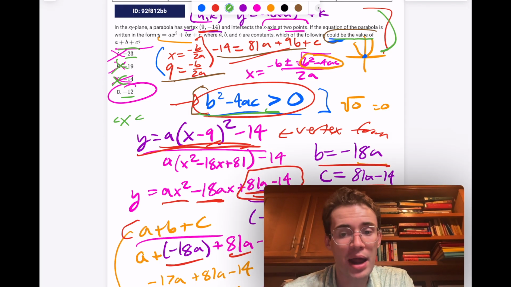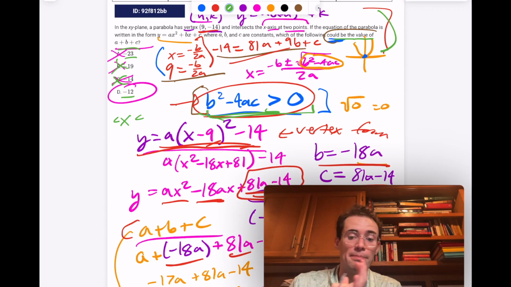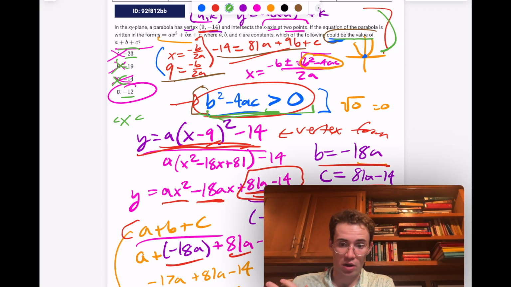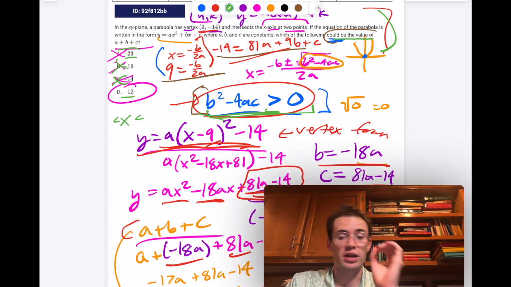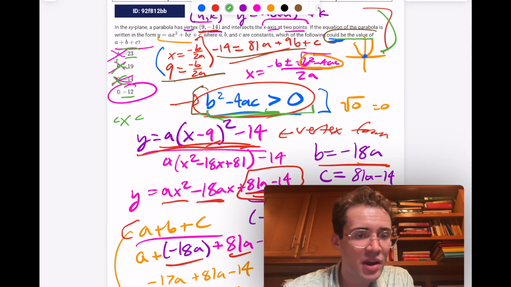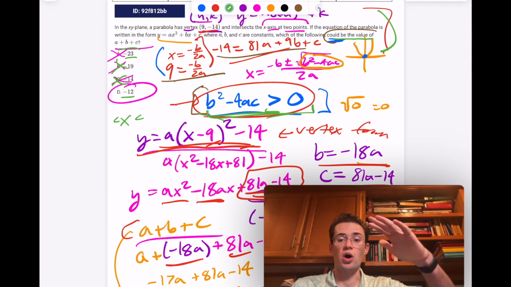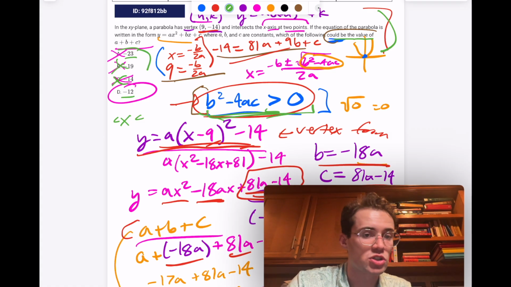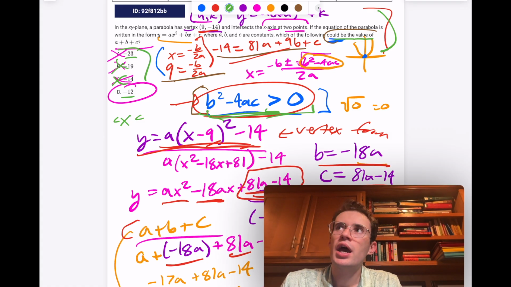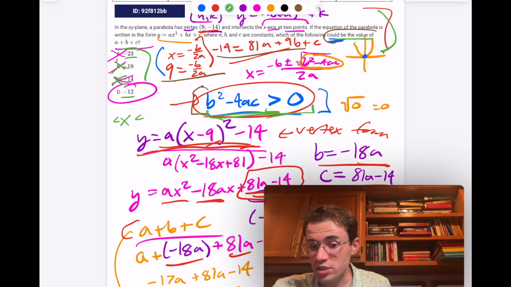But if you get this type of problem, it's probably coming from the restriction on what it could or could not be, that b squared minus 4ac is greater than 0. Or if they say how many times would it have 0 roots, then that would have to be less than 0. So from there, you could figure out it's probably going to be either the smallest or the biggest of these, because the other ones are either too small or too big. In this case, the other ones were too small, they're too negative. And then from there, you can figure it out. So that's a trick, which you could go from having a 1 in 4 chance of guessing it right